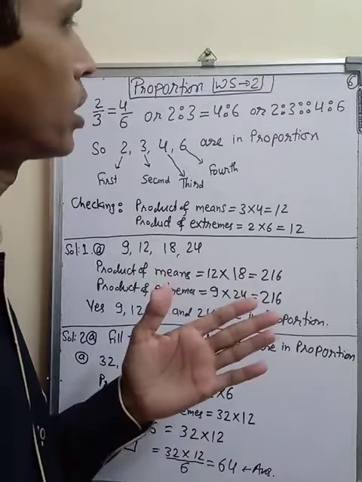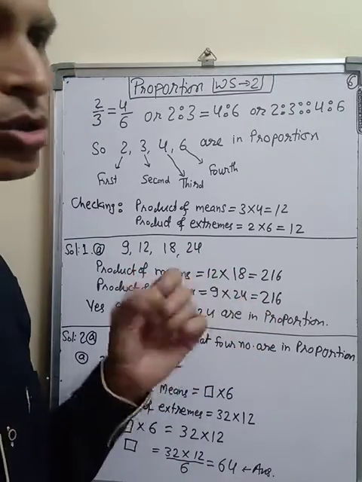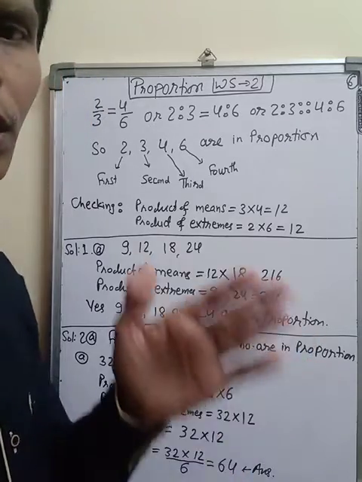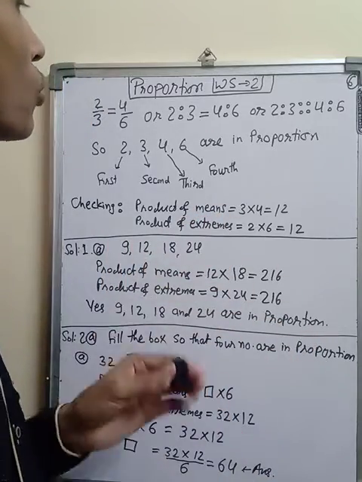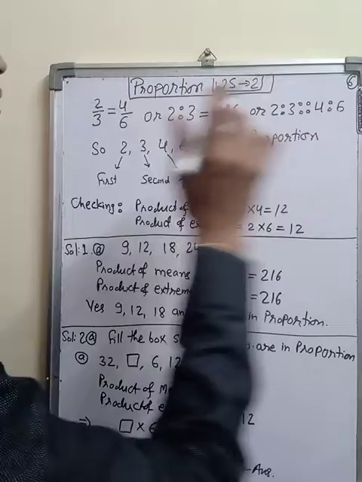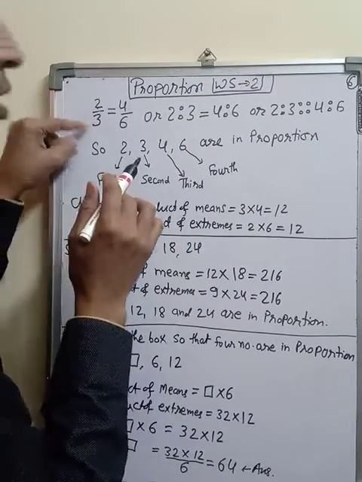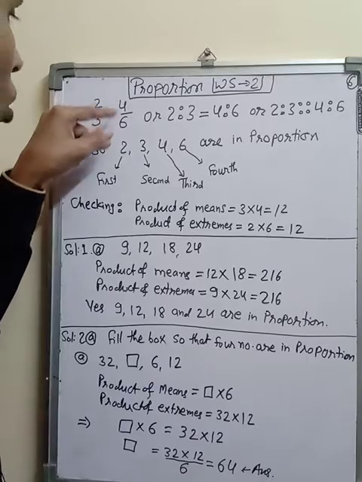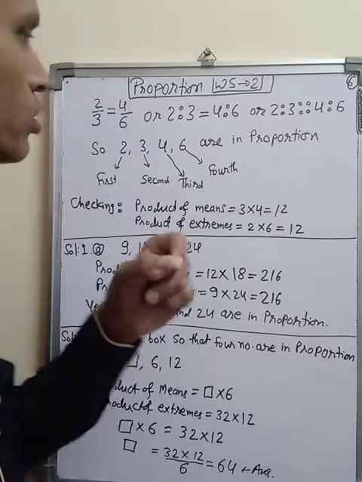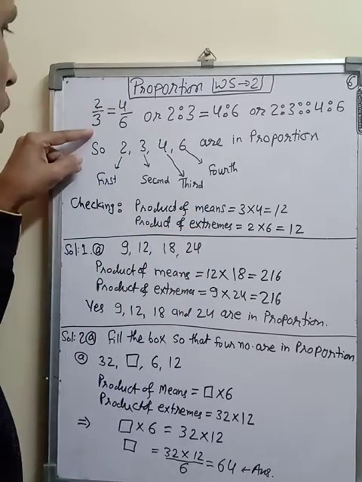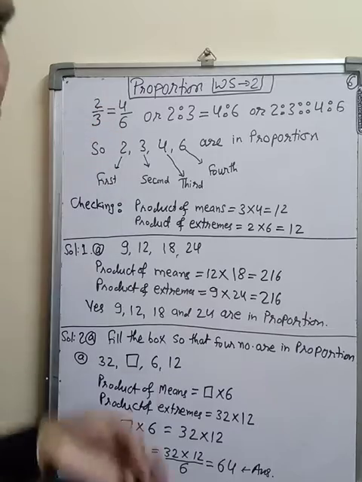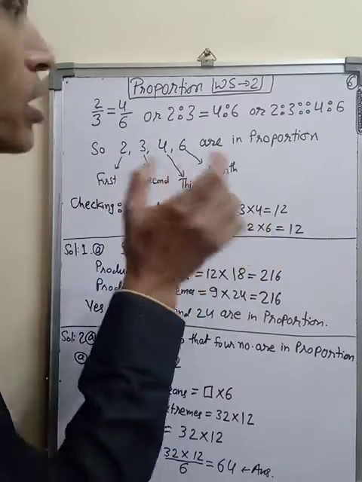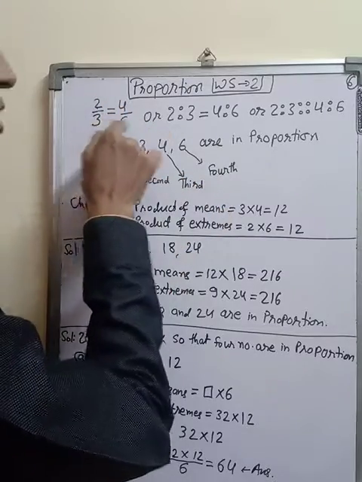In the previous module we learned ratio. So you see, proportion is also made from ratio. So how did this proportion come? 2 upon 3 means 2 ratio 3, and 4 upon 6 means 4 ratio 6. So 2 upon 3 and 4 upon 6. You think these two fractions, these rational numbers, are the same, because 2 to 4 and 3 to 6.